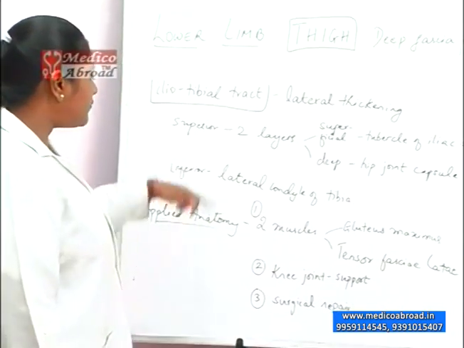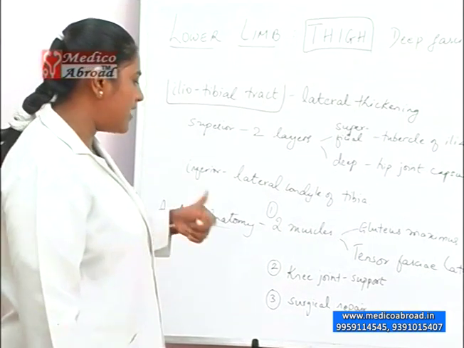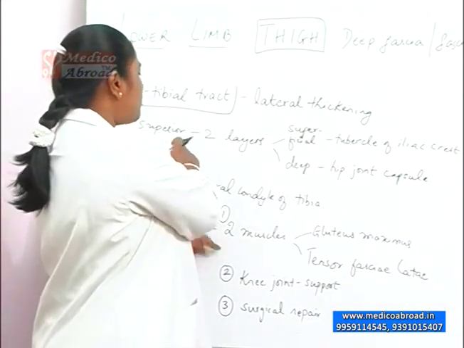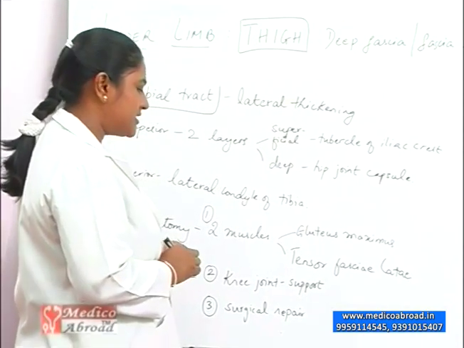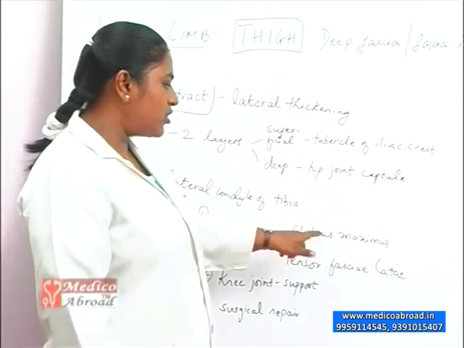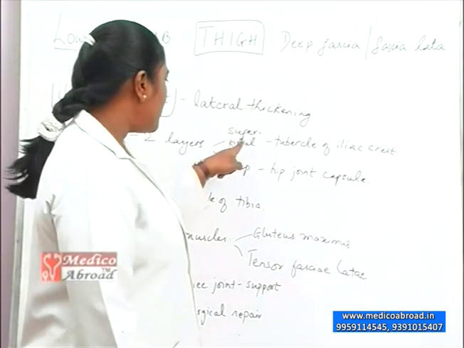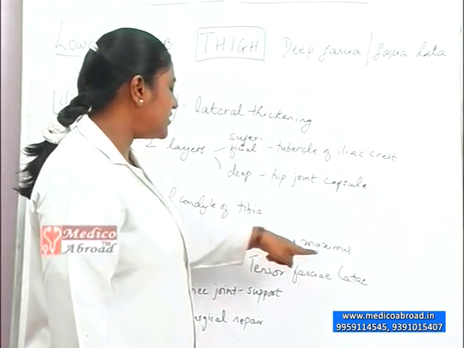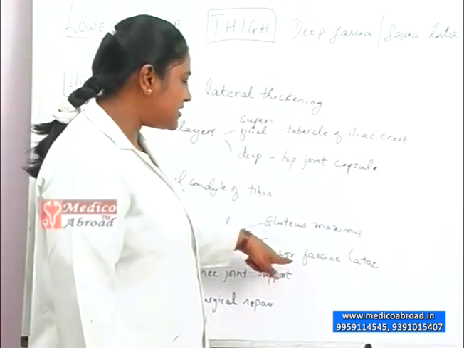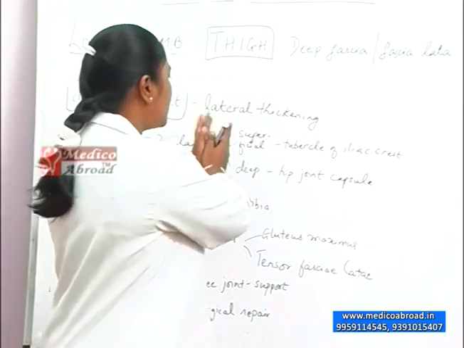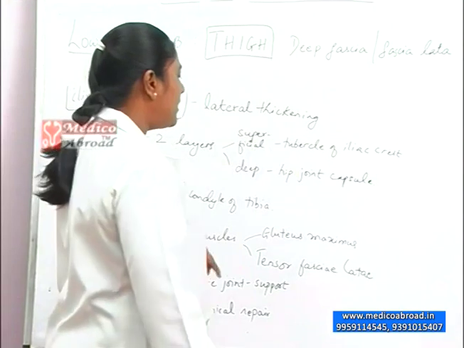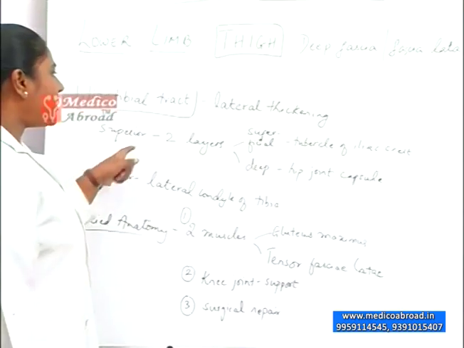The applied anatomy of the iliotibial tract is that, one, as we have already mentioned, the superior part splits up and encloses two sets of muscles: a portion of the gluteus maximus and tensor fasciae latae. These are the two muscles which are enclosed in the superficial and the deep parts of the superior attachment of